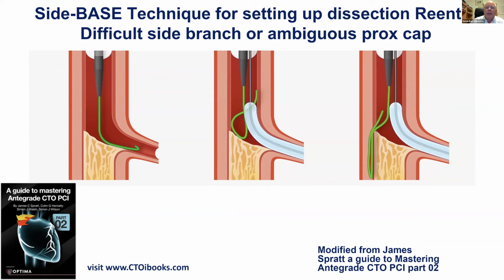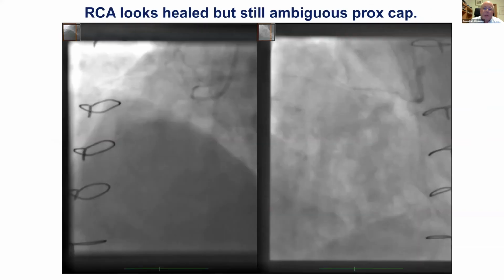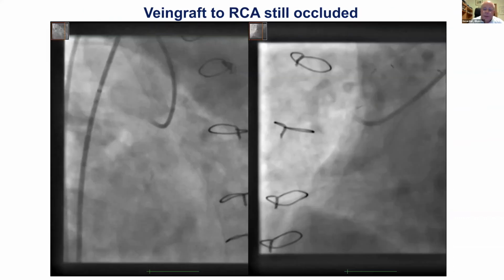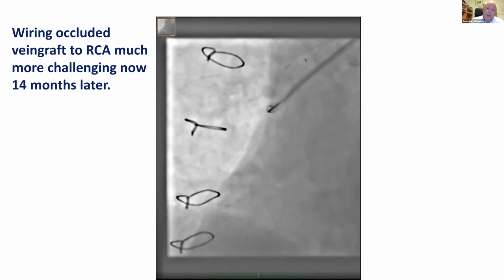We can see that the injection shows that it pretty much looks the same as before, so I'll jump to the next slide. The right coronary artery looks pretty much the same, still very much an ambiguous cap, but it's healed well. And then we start accessing the vein graft. The problem is that the vein graft is not so easy this time. And we have much more difficulty going down the vein graft this time. Much more of a challenging entry. But eventually we get the wire down the vein graft,